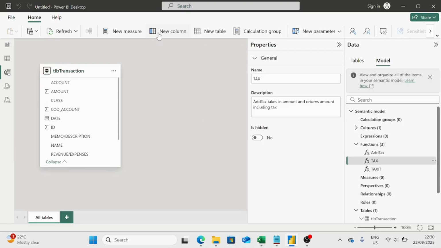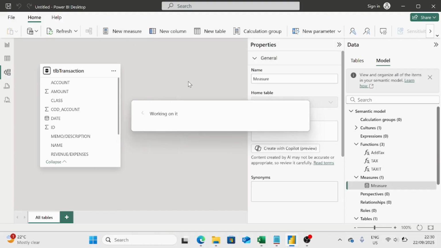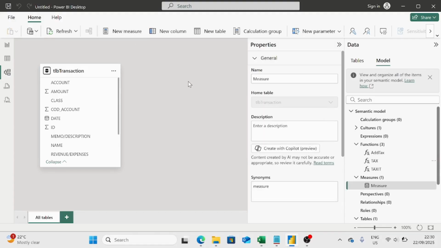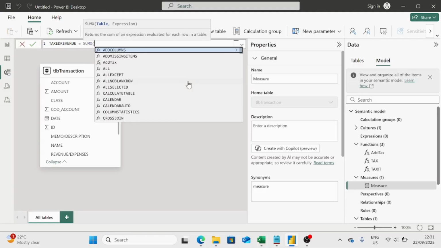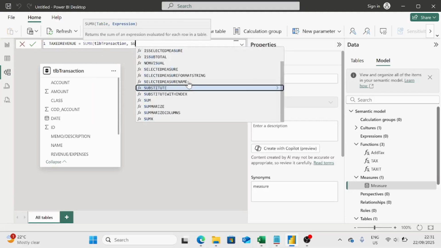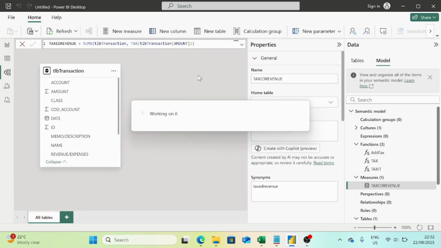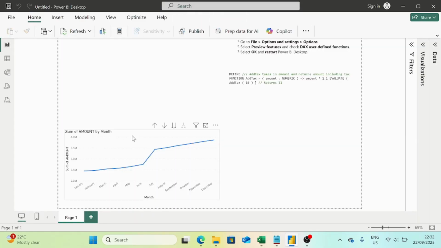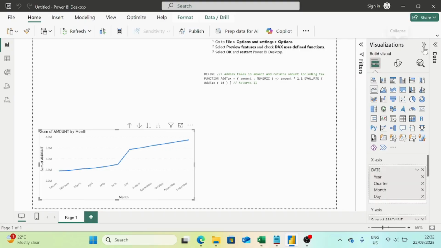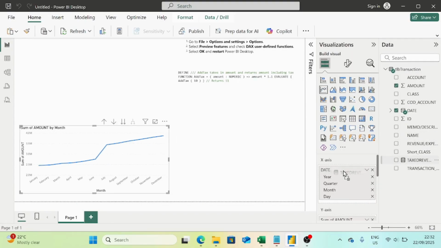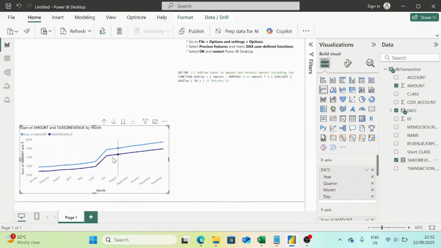Now I want to create a new measure which is going to take the amount and apply the tax on that. Taxed revenue is going to be SUMX, the name of the table, and an expression, the sum. Okay, here it is. Here we go. We have the new function now here. If we go to our calculations here, and I want to add that new measure that I've used my function in, and if you see here,